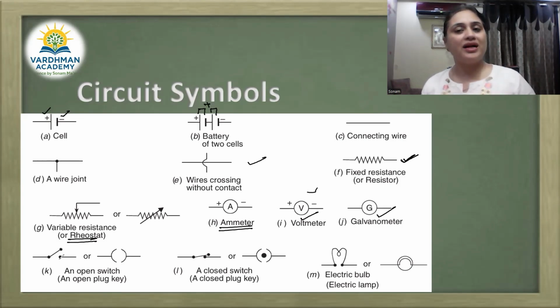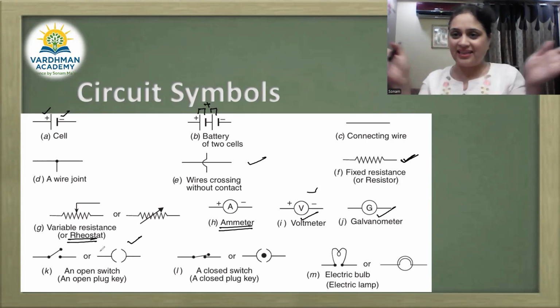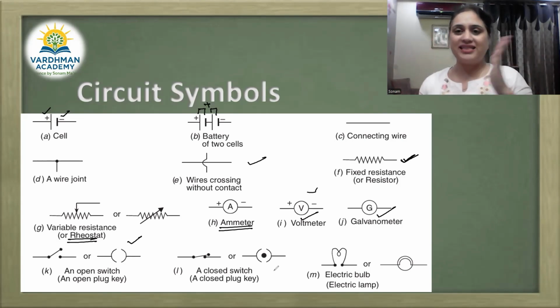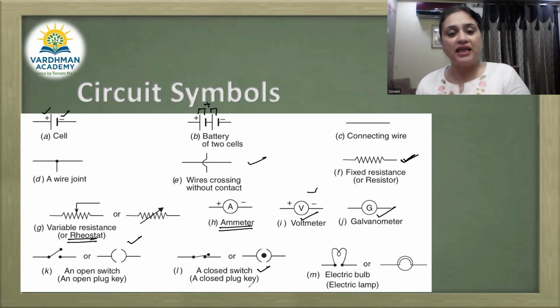So when you are not showing the wires in connection, that is open. Now you tell me, open switch means the circuit is complete or incomplete? Yes my children, the circuit is incomplete because you have broken the connection between the two wires. You can also represent it like this, right? You need not put anything, there are two brackets and extended lines from both ends, left end and right end. So we also have the closed switch, closed plug, key. Now we are talking about the closed switch.